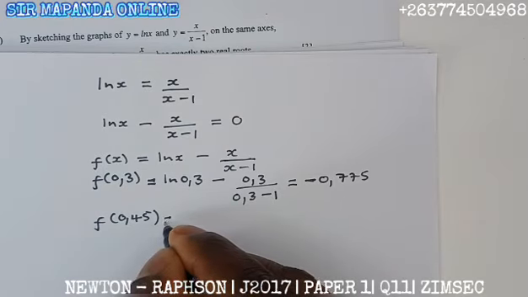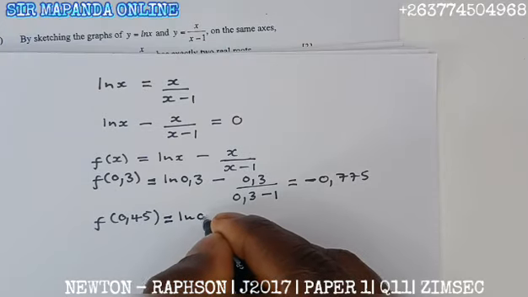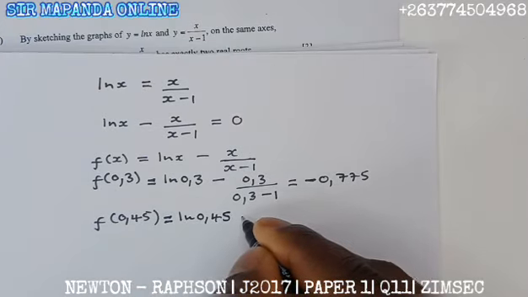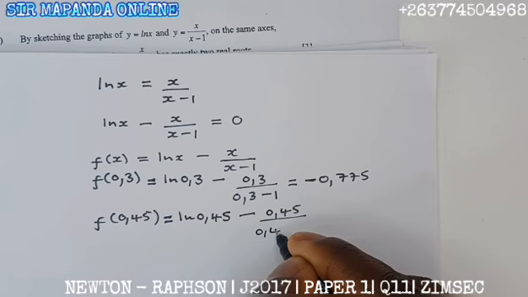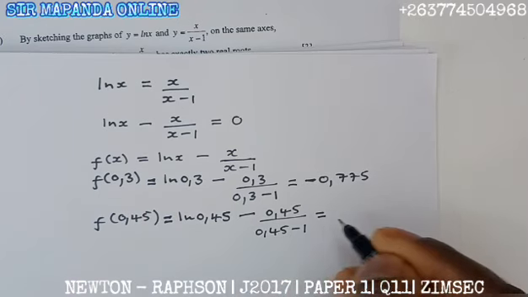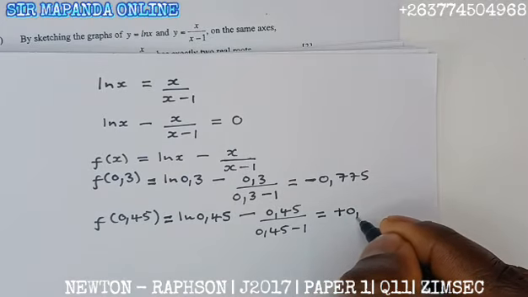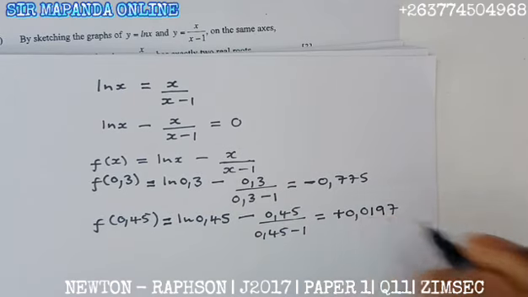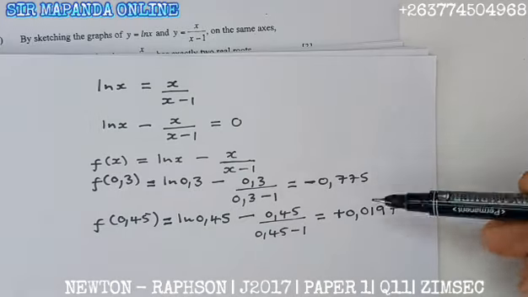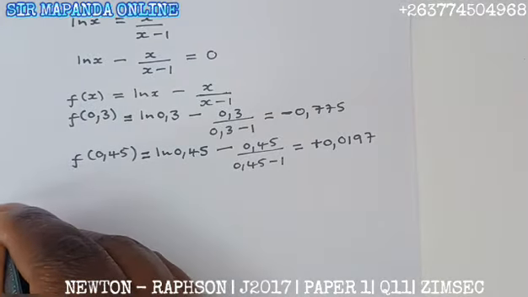Then after that, we want to calculate f of 0,45. So you are saying ln 0,45 minus 0,45 divided by 0,45 minus 1. Punching this in your calculator, what do you get? You get plus 0,0197. Something like this, right? So the fact that we have a negative and a positive, we have created what we call a sign change. So you give your conclusion by saying a sign change,